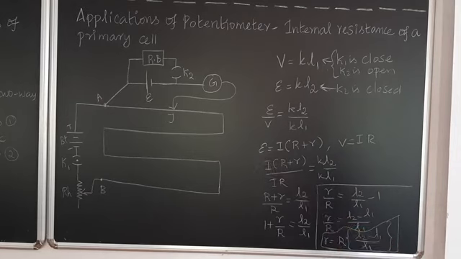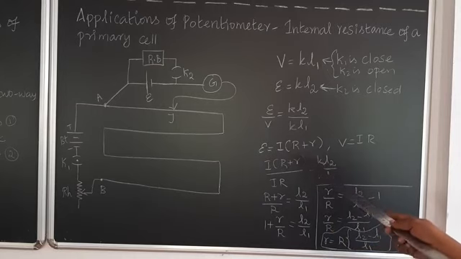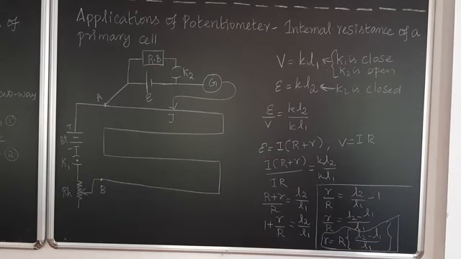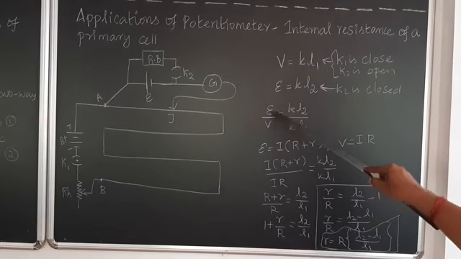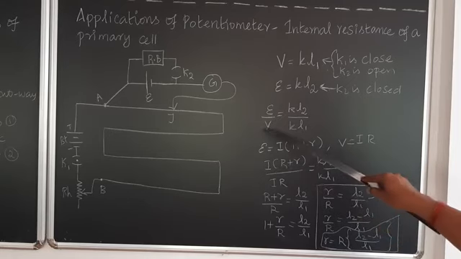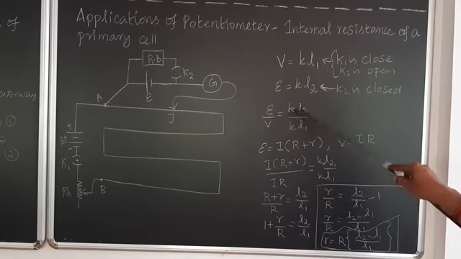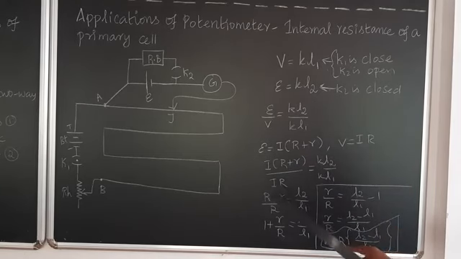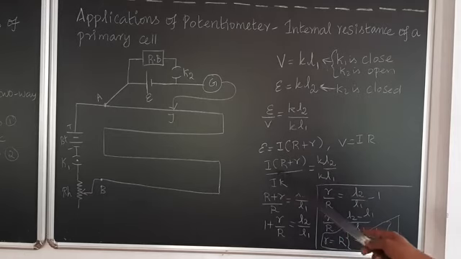As we studied for primary cells, the electromotive force E is equal to I into (R plus r). R is the resistance that we know. What is small r? Yes, the internal resistance, small r. And we know from Ohm's law that V is equal to IR, right? Now substitute: instead of E, I use I into (R plus r), and instead of V, I use IR, which gives I into (R plus r) divided by IR is equal to K into L2 divided by K into L1. Now I can cancel K, and here I can cancel I and I. The remaining factors are (R plus small r) divided by capital R, which is equal to L2 by L1.